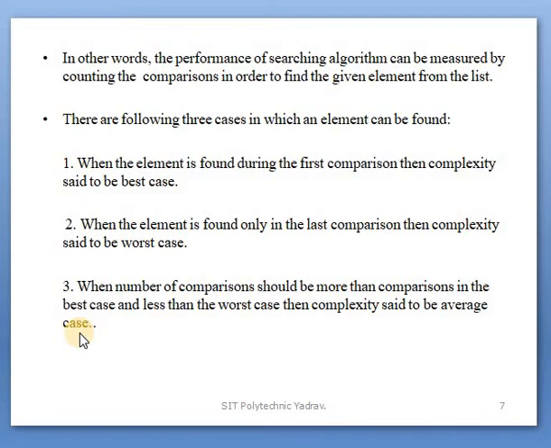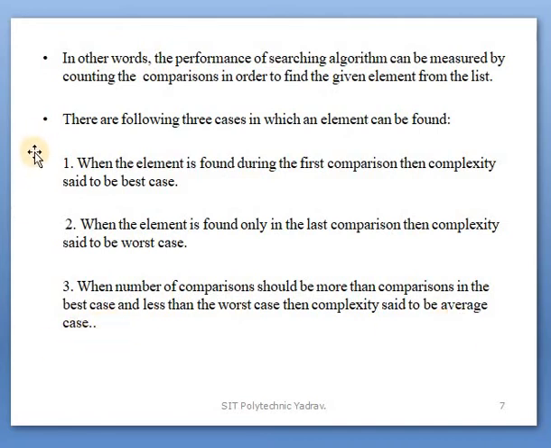We check starting from the first element, matching with 1, 2, 3, 4, 5, 6, and then we find it. It is the middle number in the array, so it is said to be average case complexity.